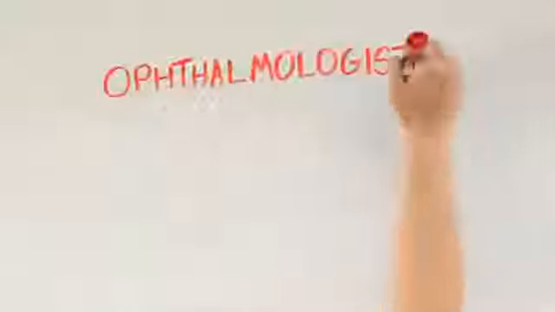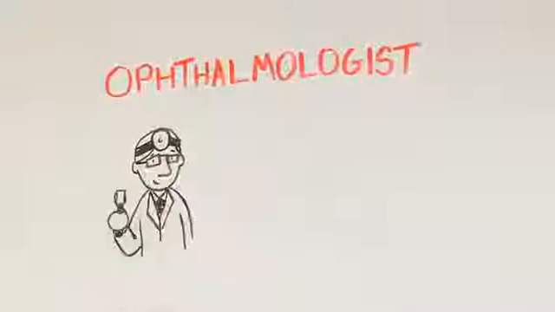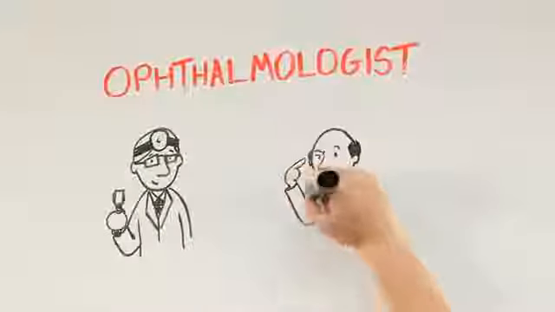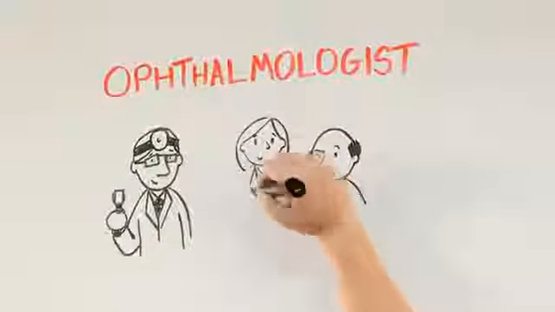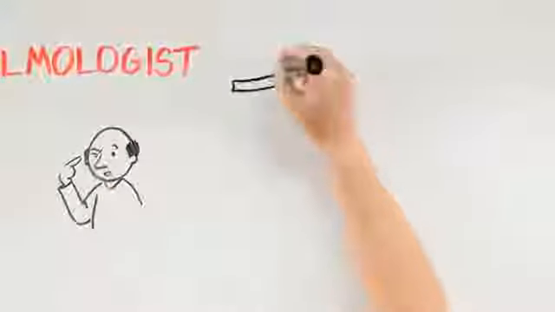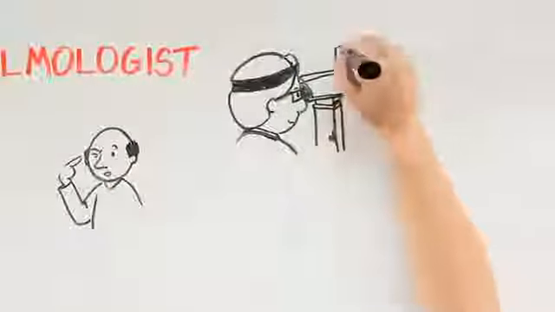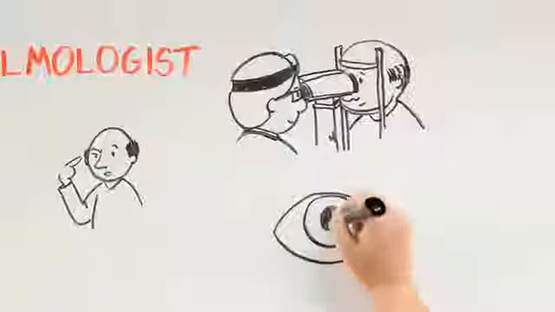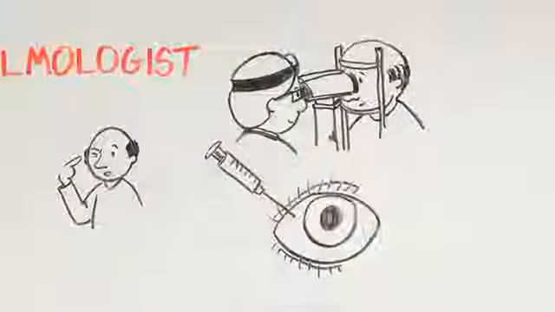The last O that helps with your eyes is an ophthalmologist. Usually a patient is seen by an ophthalmologist when they are referred by their family doctor or optometrist for evaluation of a complicated or advanced eye problem, or for medical or surgical treatment of an eye disease.